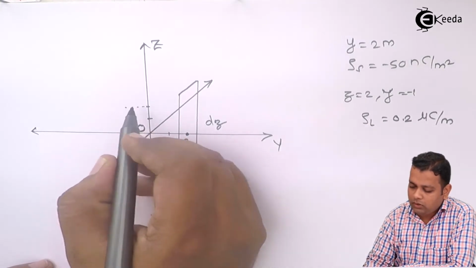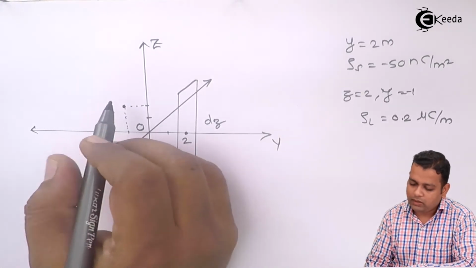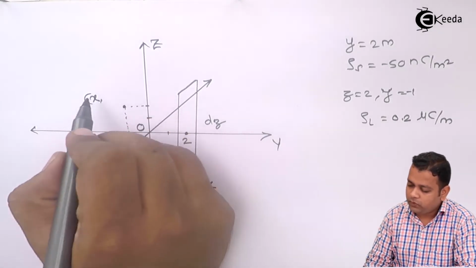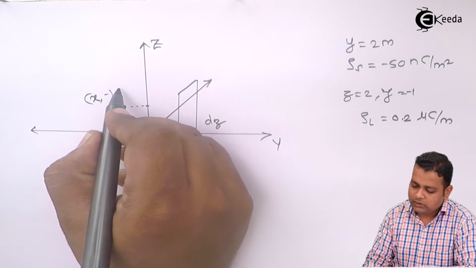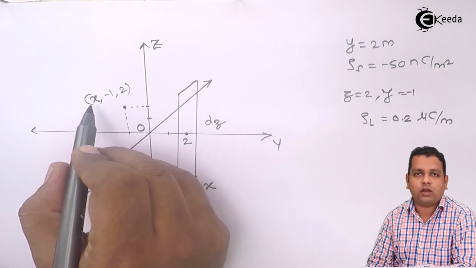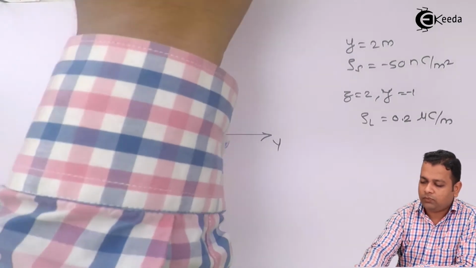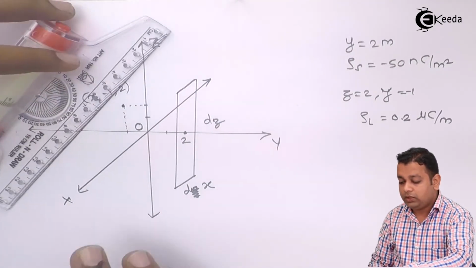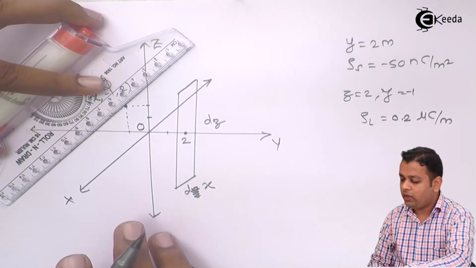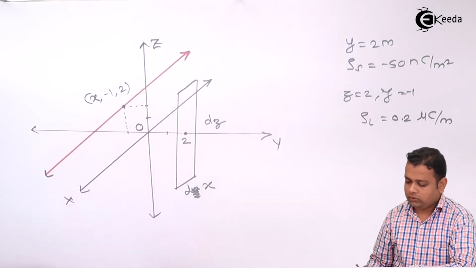If I find the intersection point, this is the point where I can mark a small x coordinate, then y is equal to minus 1 and z equal to 2. x is not mentioned here, so x can have the natural range minus infinity to plus infinity. So I show this line with a different color. It is a line parallel to the x-axis but having z equal to 2 and y equal to minus 1. So this is the line.